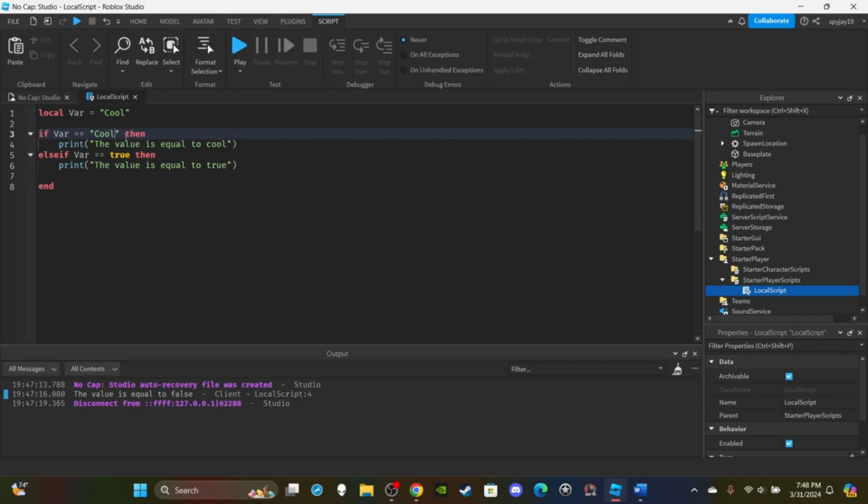So if variable is equal to cool, then it'll print the value is equal to cool. Then if it's equal to not cool, then we say the value is not equal to cool. We would just put that. I think we've covered if else